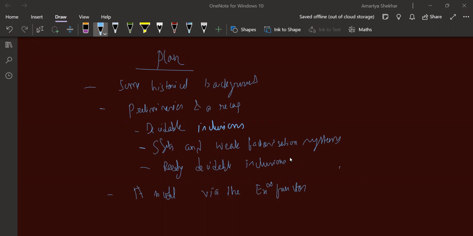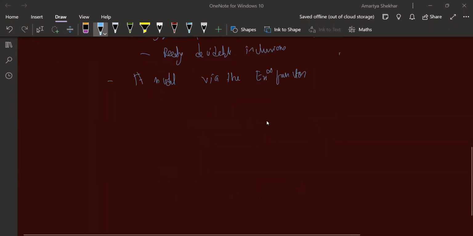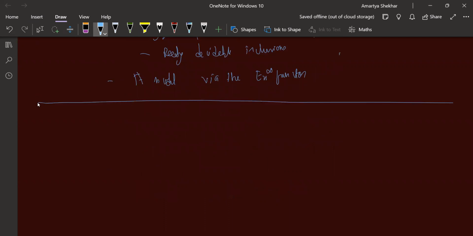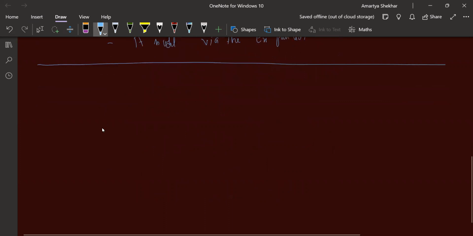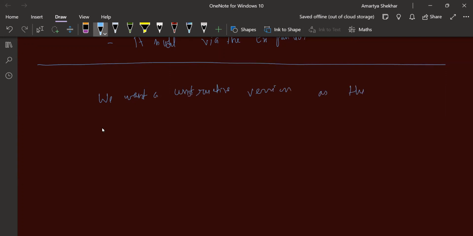So why do we need a constructive version? This is one of the most important factors. We want a constructive version because the law of excluded middle,